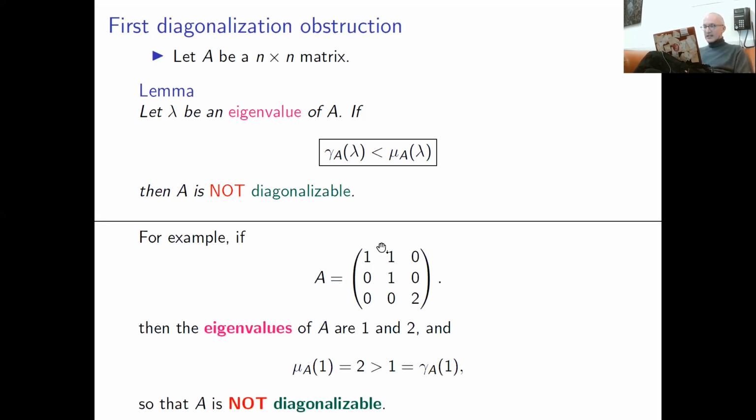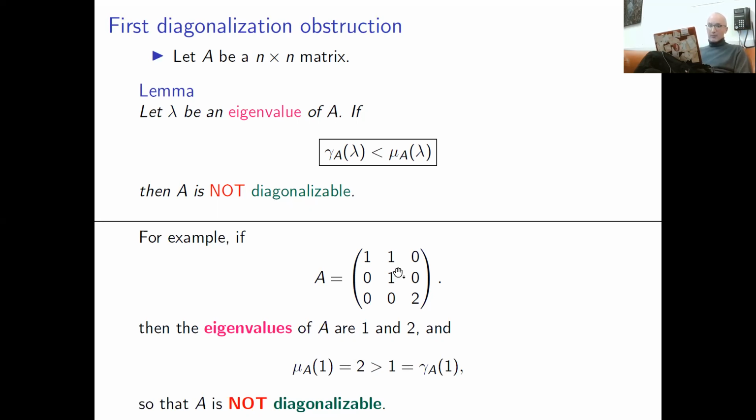Okay, let's consider an example. You take this matrix A. You look for its eigenvalues. Eigenvalues are 1, 1, and 2. And 1 is a repeated root of the characteristic polynomial. So this is suspicious. If you see repeated roots, it means danger. It's a possible problem for diagonalization.